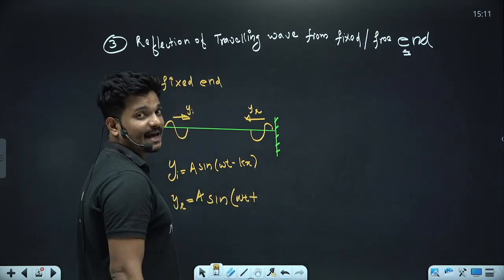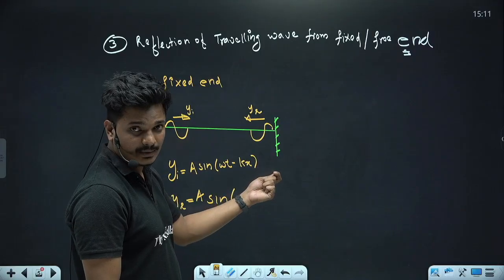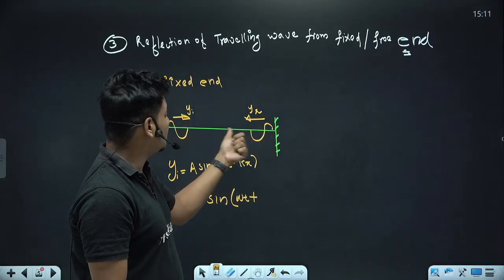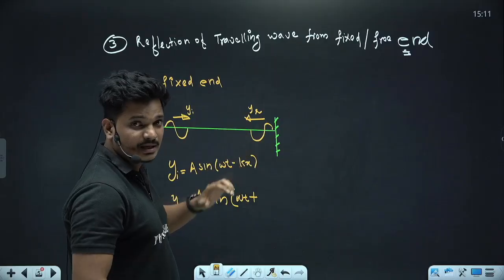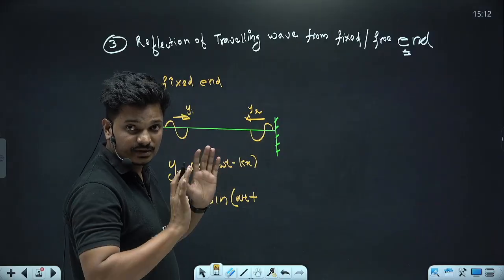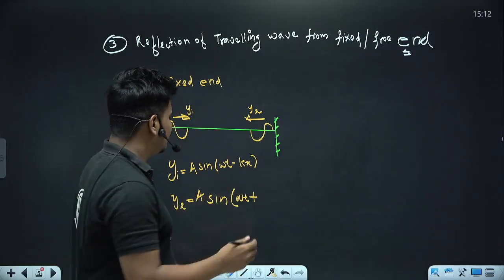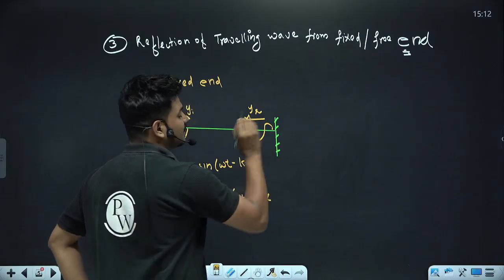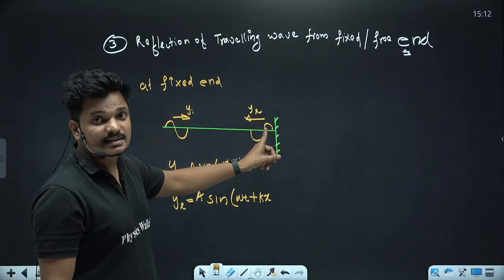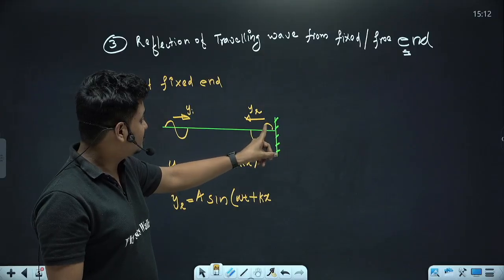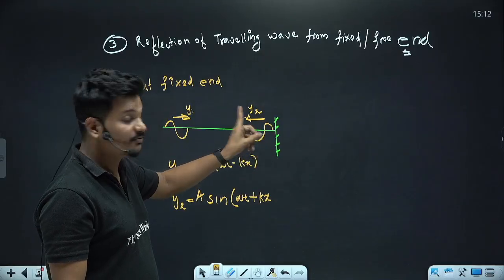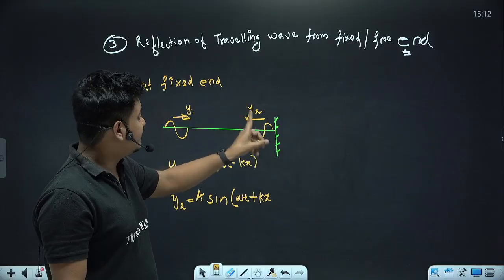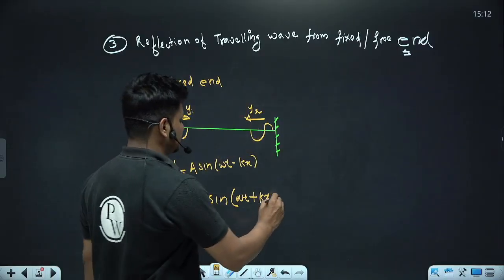What about our kx? k is 2π by λ, and we know both are moving in the same medium, so velocity is not changing, frequency is not changing, and the wavelength also doesn't change here. So this is also kx. Then another thing we know is that the reflected wave has a phase advantage of π, so plus π,